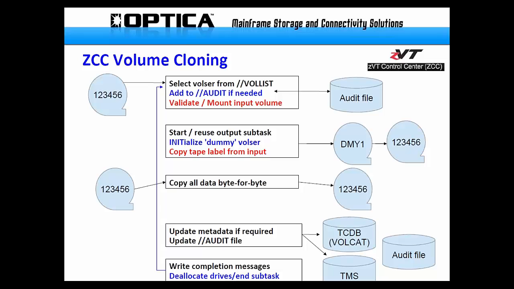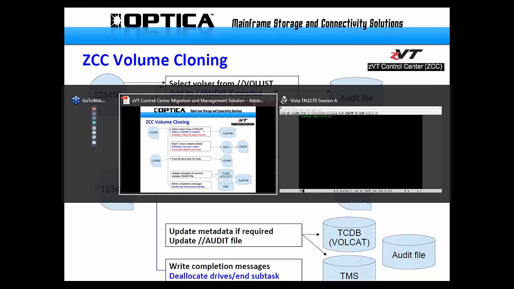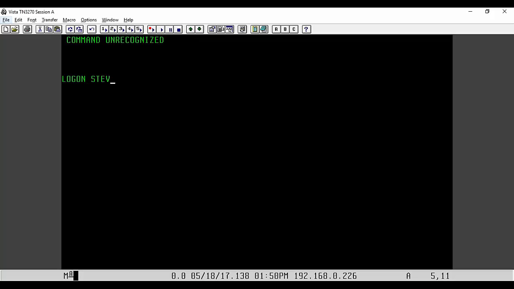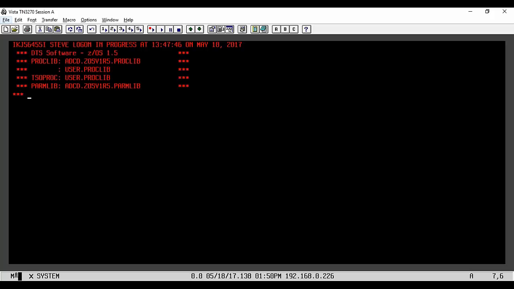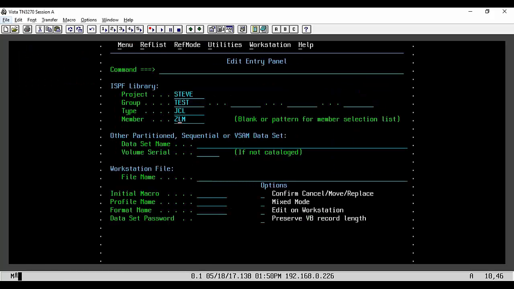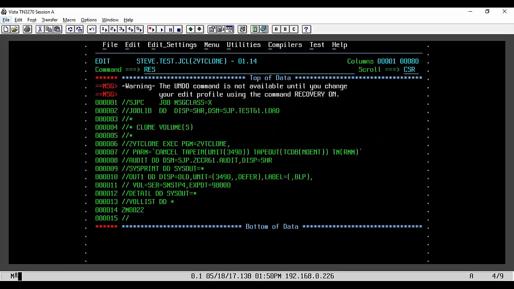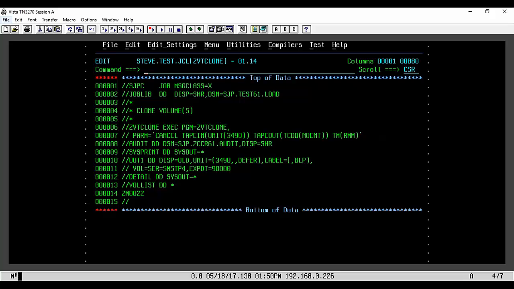And so let me give you a very quick example of that. Let me log onto this system very quickly, and I'll go to my ZVT clone job. As you can see, it's a very simple job. The program name is ZVT clone. We tell it where the input is. The input is to be mounted on a 3490 device, so unit 3490 will allocate our input device